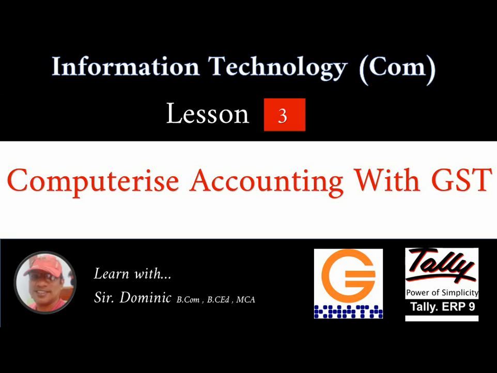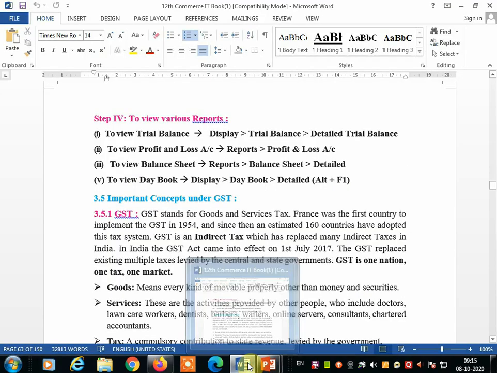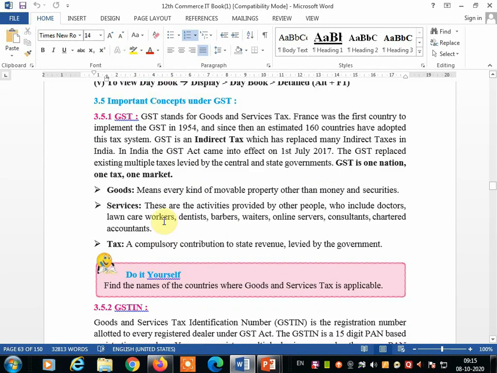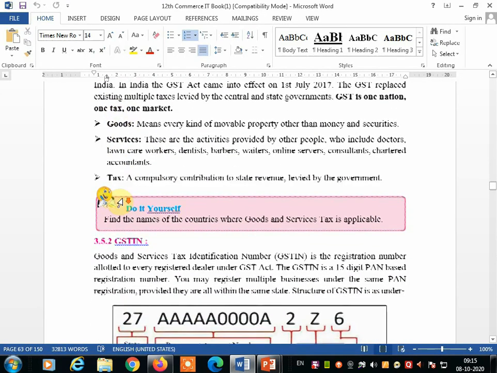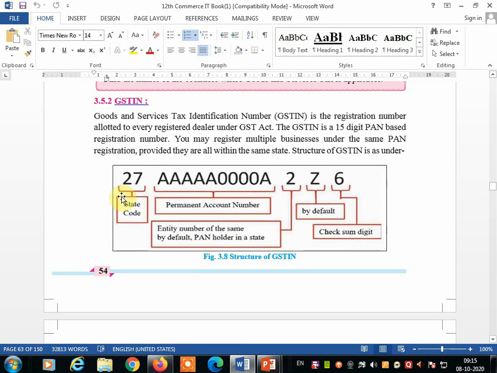Now, GSTIN. Now we are going to see one thing in that. GST: goods, service, and tax, as we have just seen. Next, GSTIN. This is very important. Goods and Services Tax Identification Number.